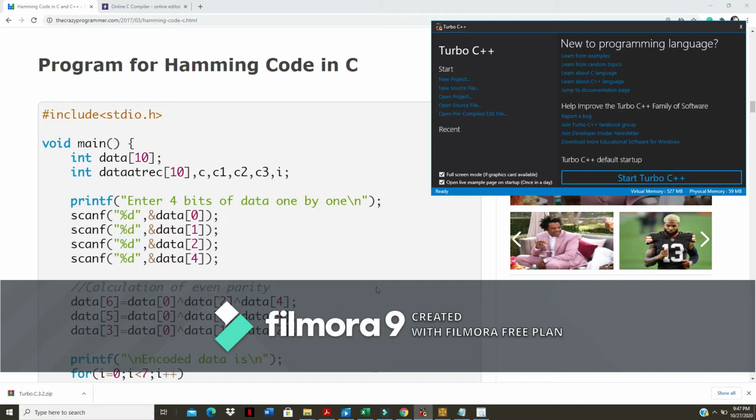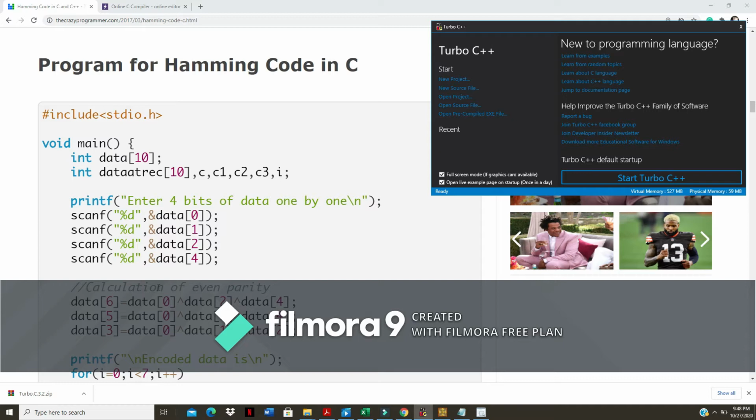In this, while running the programs, we are going to see only single bit errors, whether it is detecting the single bit errors. We are going to change the bits in the received bits. So we are going to make some alterations, and if it is a single bit error, it can correct it. So this is the corrected data, and this is the position in which it is having error. Okay, so this is the first thing you should know.